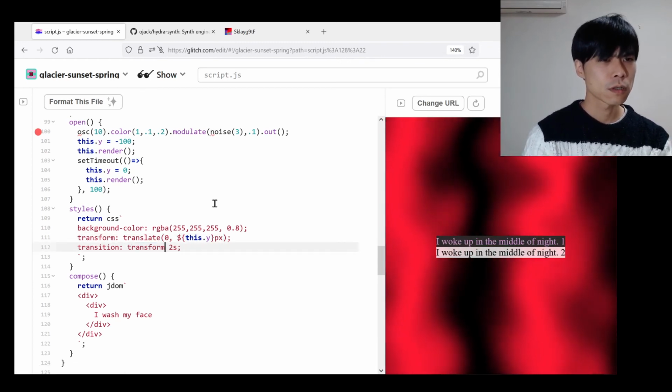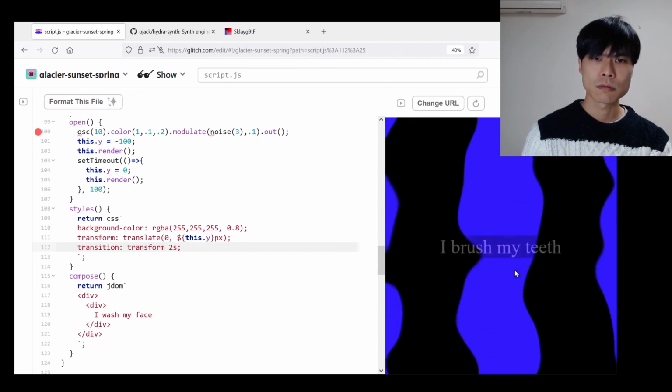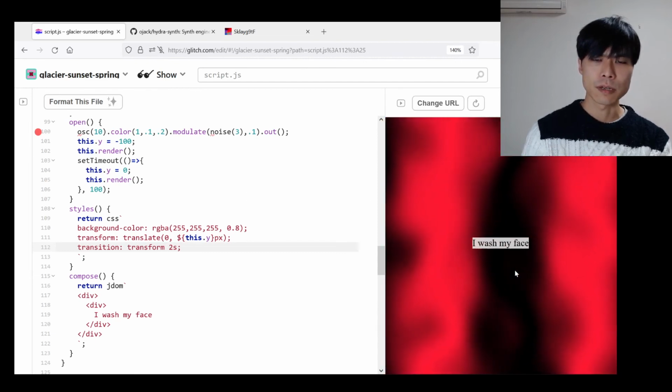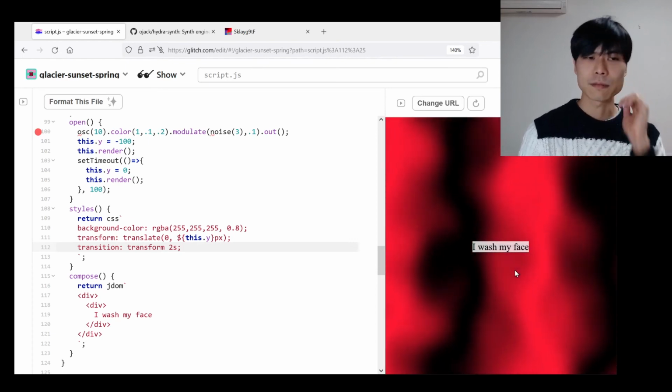Would this work? I don't know. Yeah, I mean, this looks very bad, but